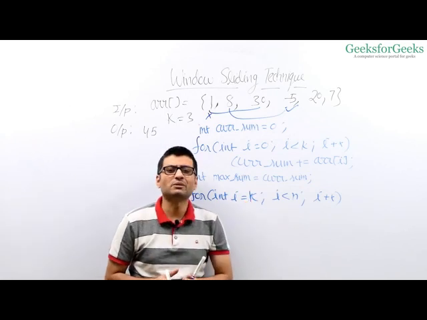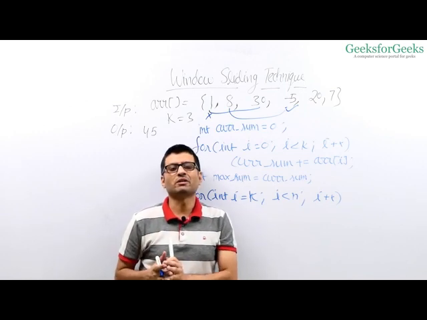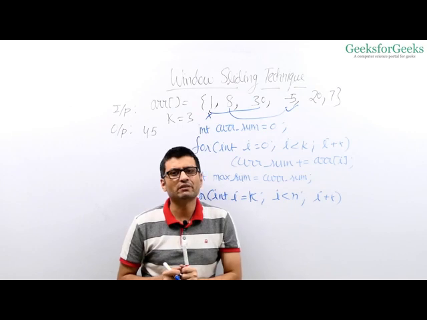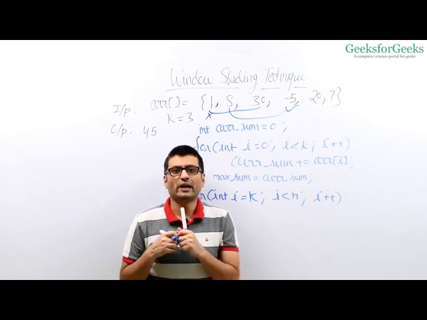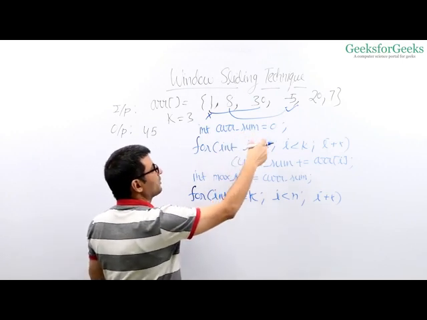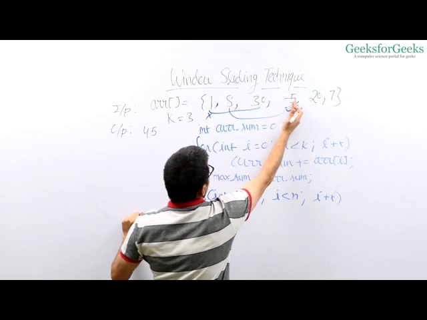There are different programmers who implement window sliding in a different way. If you pause the video and implement it in a different way and it's working, that's also fine. Here I'm implementing in a way where i is considered as the end of the current window, right? So my first window sum is computed. Now the end of the next window is k, this one, right?